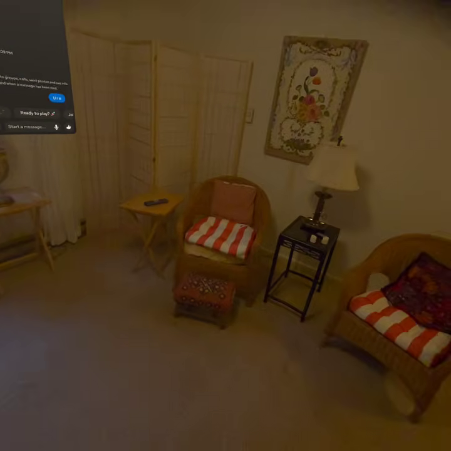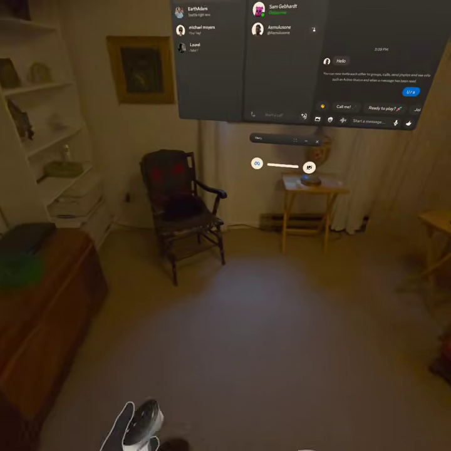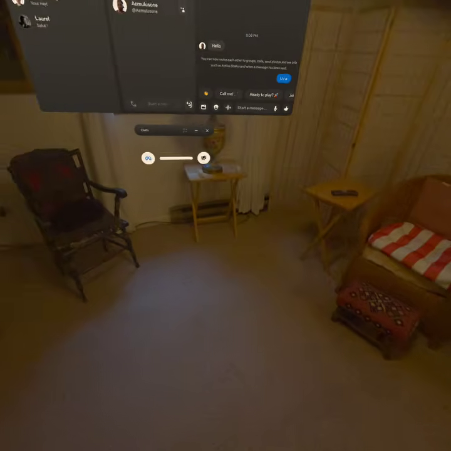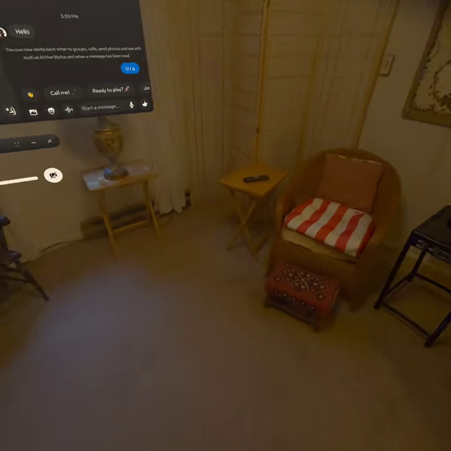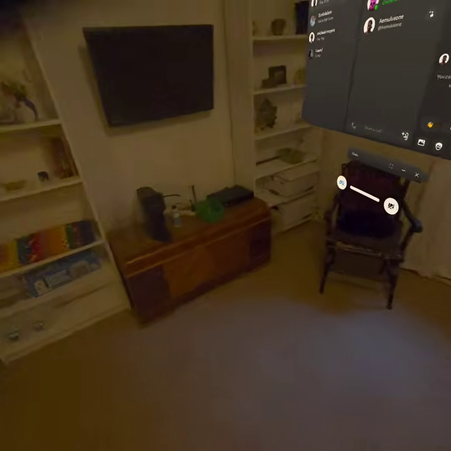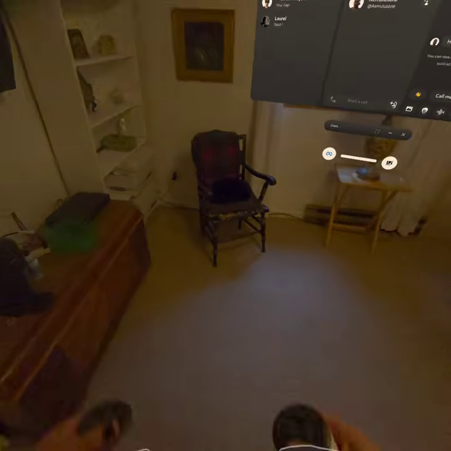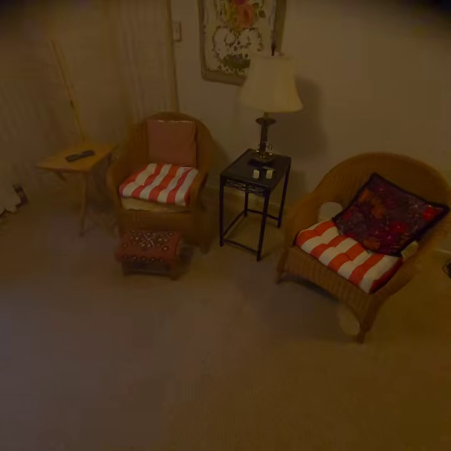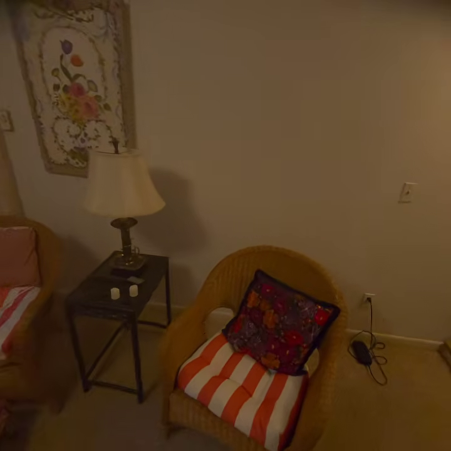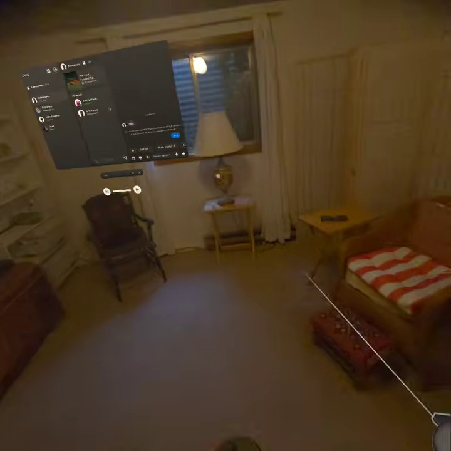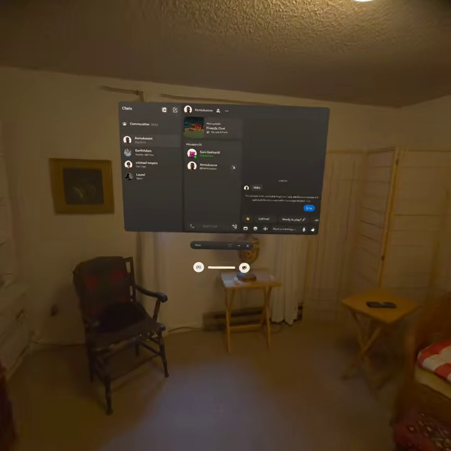So there's a lot of different ways that you can set up the boundary, and that's just the space that you have to work in. And sometimes it'll be set to stationary. So what happens is if you move outside of that stationary boundary, then things start to fade off, or you can't work or do whatever. So what you want to do is